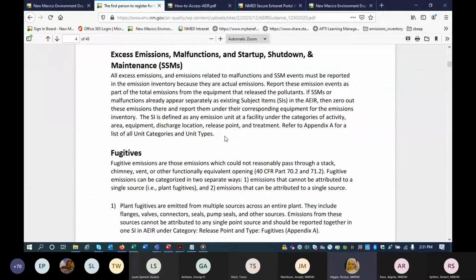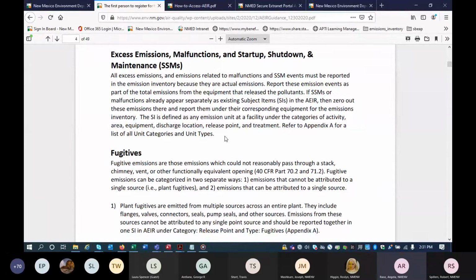Okay, cool. Perhaps it would help a little bit if I stepped in here and explained that the reason we're asking that you report your fugitives and SSM and malfunction type events at the piece of equipment where they were released is because we intend or we hope to use this data for modeling of the region or of specific areas.